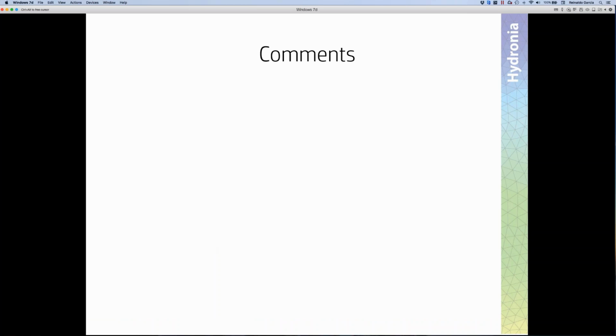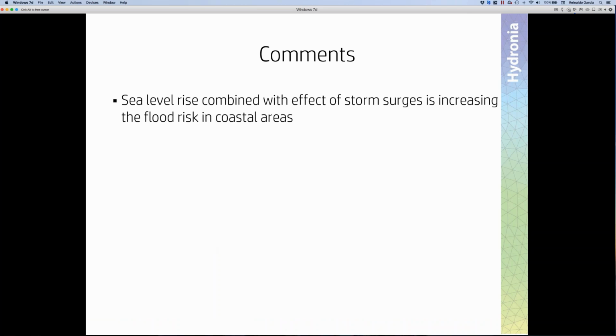So some final comments. I want to stress that sea level rise, combined with the effect of storm surges and other factors, is increasing the flood risk in coastal areas. That's a fact. It's been occurring in many places, and our aim is not to... We don't have anything to do with the causes, but what we can do about it,